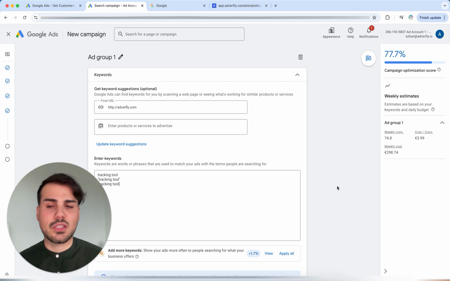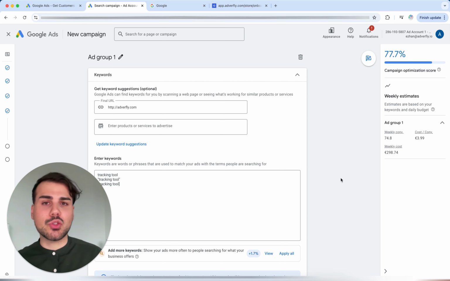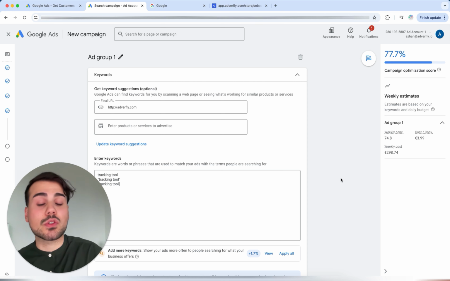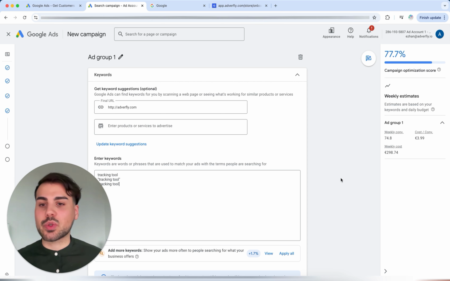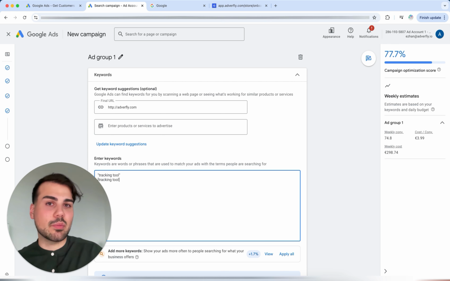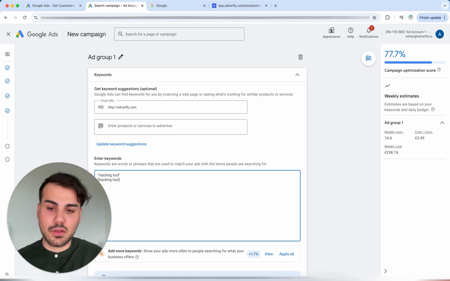Now to simply select the right keywords, my recommendation is that with every euro or dollar, no matter what currency, you spend on Google and then evaluate, the better you know what works more and what works less. Here about the keywords, I'll leave it in the example so that we can go through it, and then you can, for example, watch the video about the keyword analysis and adjust it accordingly. To get started, I would recommend that you don't use the broad keywords, but rather work with the other types, because you can do a lot more wrong with the broad targeting, which simply means you reach the wrong people.